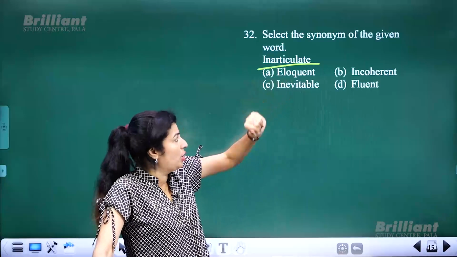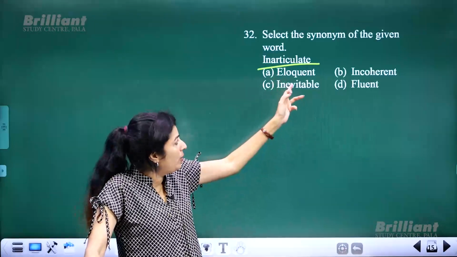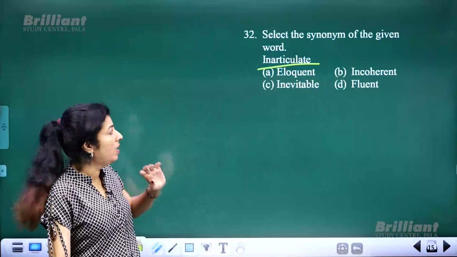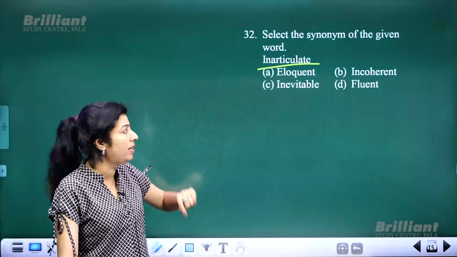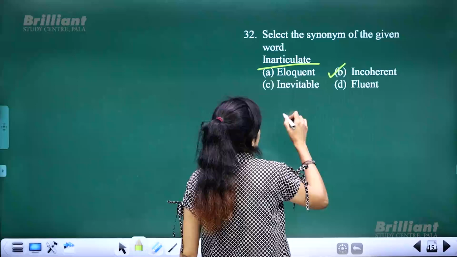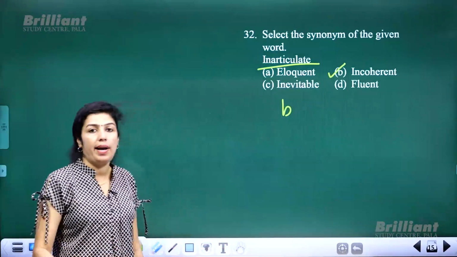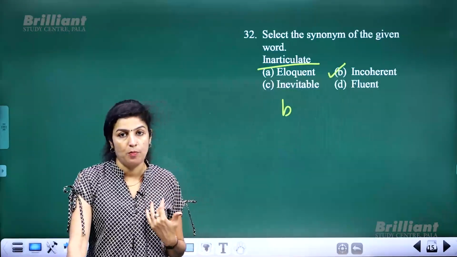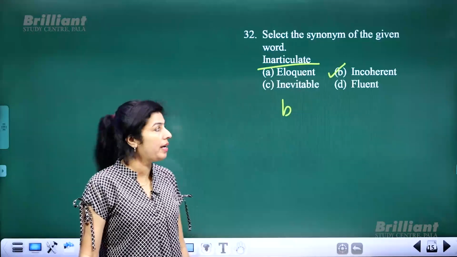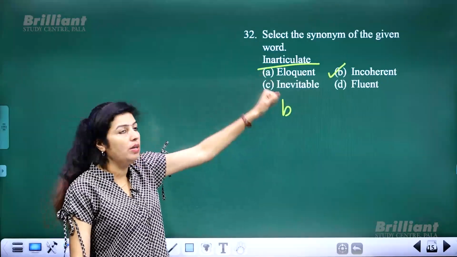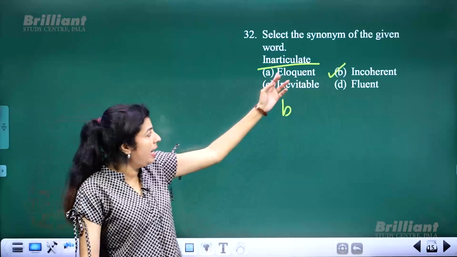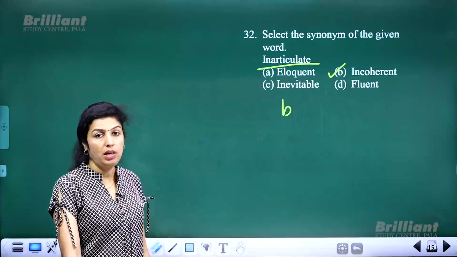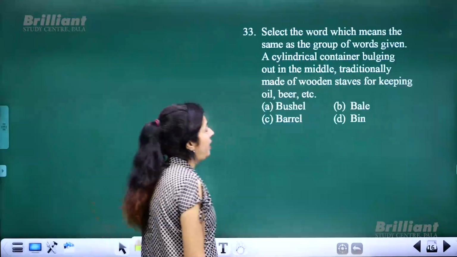So, that is inarticulate. So, which word is similar to that? Eloquent, that means you can speak, not inarticulate. Okay. So, it is articulate. So, eloquent is to articulate. So, incoherent also has got the same meaning, not so expressive or cannot express yourself properly. You fail to express yourself properly, and that is incoherent. Okay. So, option number B is similar to inarticulate, not any other. See, eloquent, fluent means you can articulate, just the opposite of inarticulate.